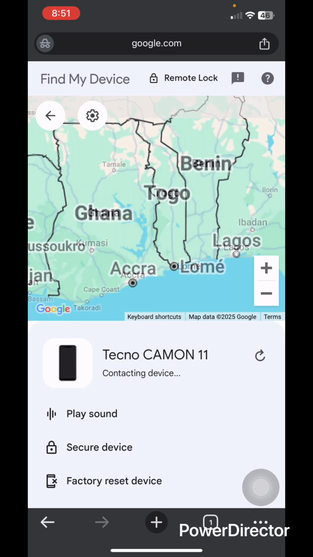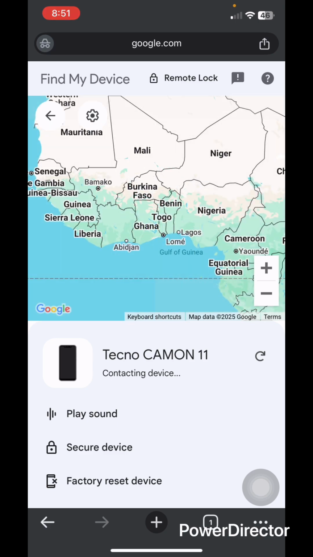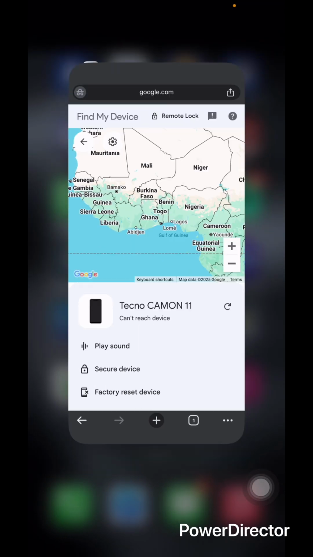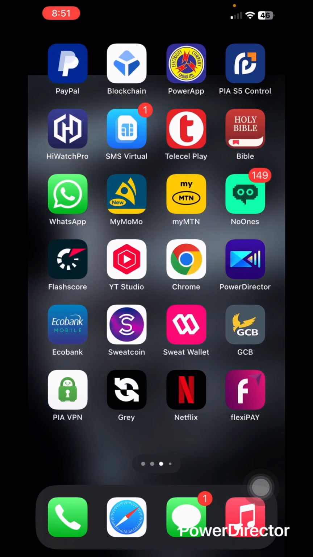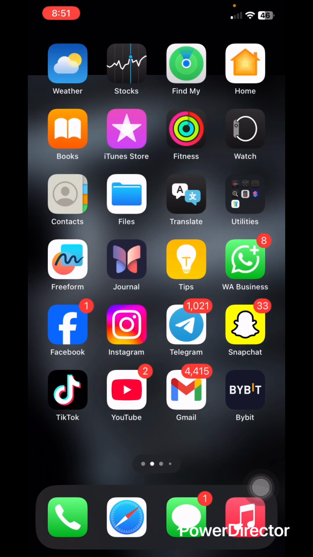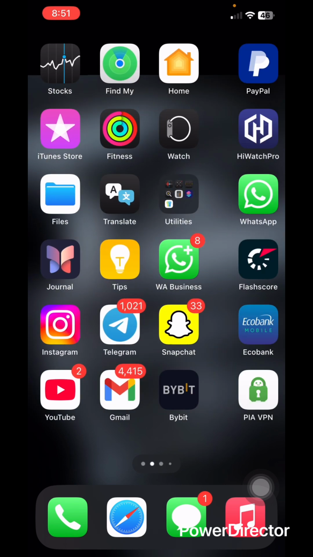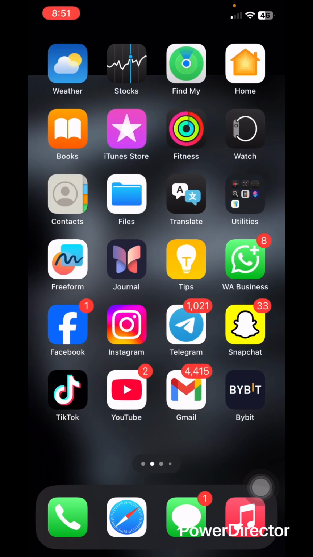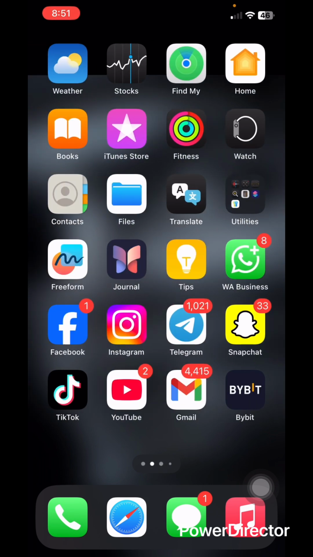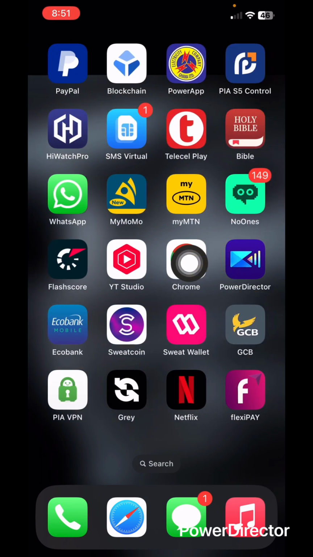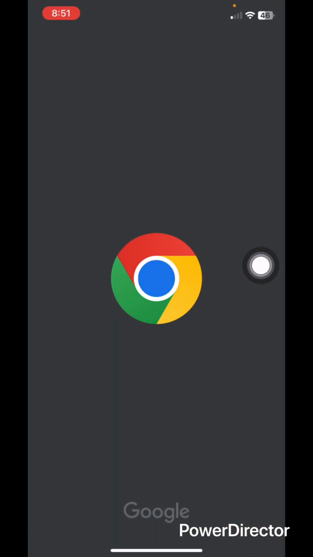So that's it for the Android version. Let's get into the iPhone version. There are two ways you can use find my device on your Apple iPhone, but I suggest you go in for the browser option. So you tap on your Chrome browser,